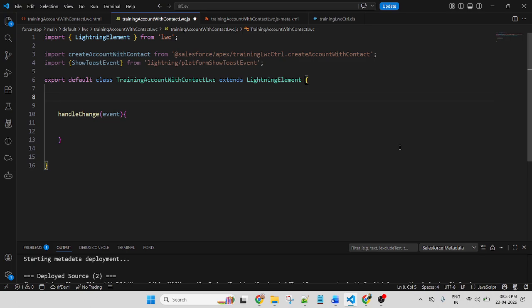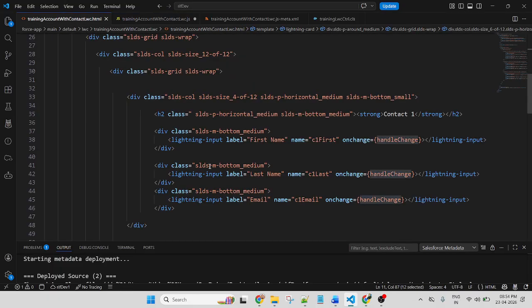So here I'm creating @track, support using form data equal to an object. And if using track, this is a decorator variable. If using a decorator variable, don't forget to import it here, otherwise it displays an error. So I declared an object data type. This is a variable. I will add all of the input values inside the object so that I will get values one by one from this object.